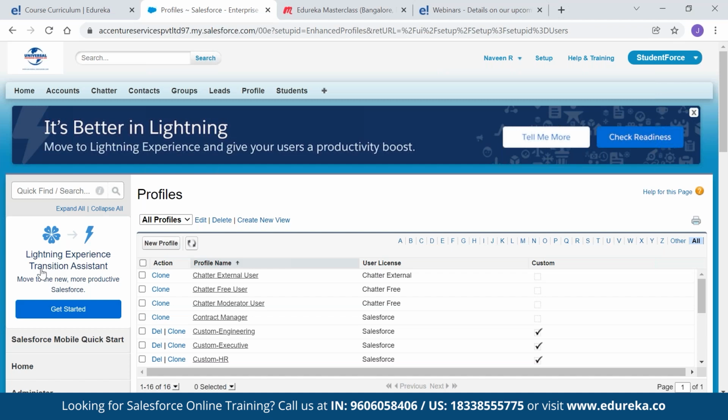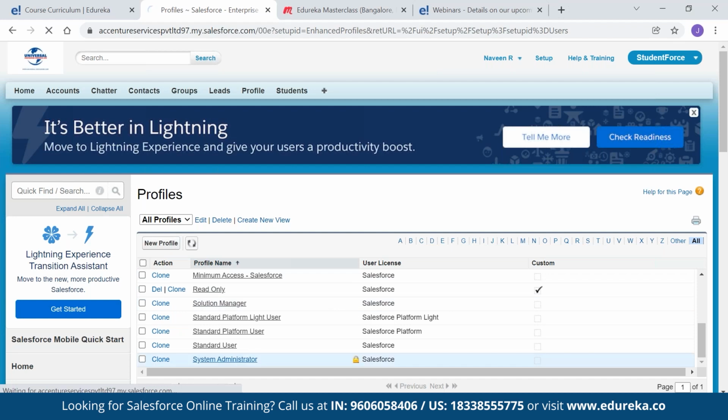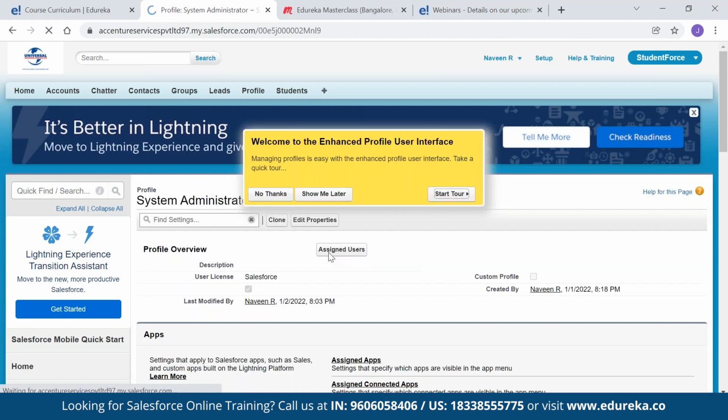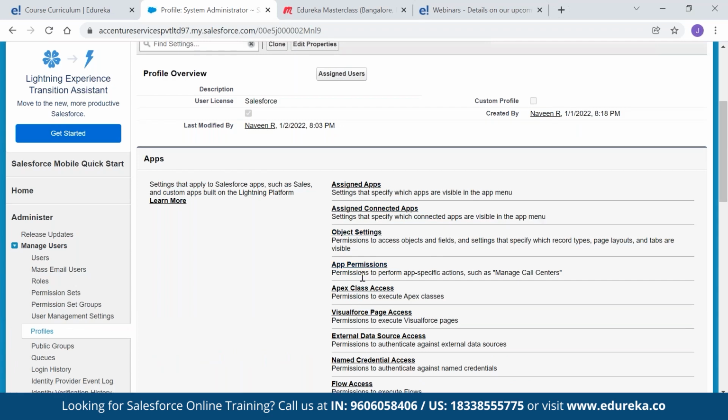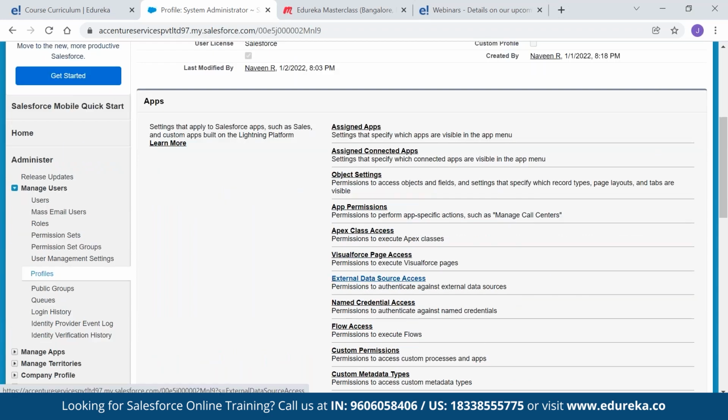A profile is a collection of settings and permissions which controls what a user can view, access, and modify in Salesforce. A profile controls user permissions, object permissions, field permissions, app settings, tab settings, and Apex class access. Whenever you click on a profile, you can see apps, object settings, and Visualforce pages.